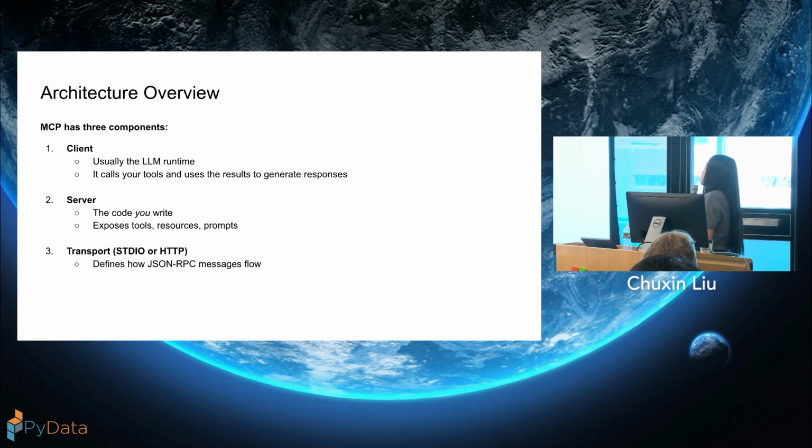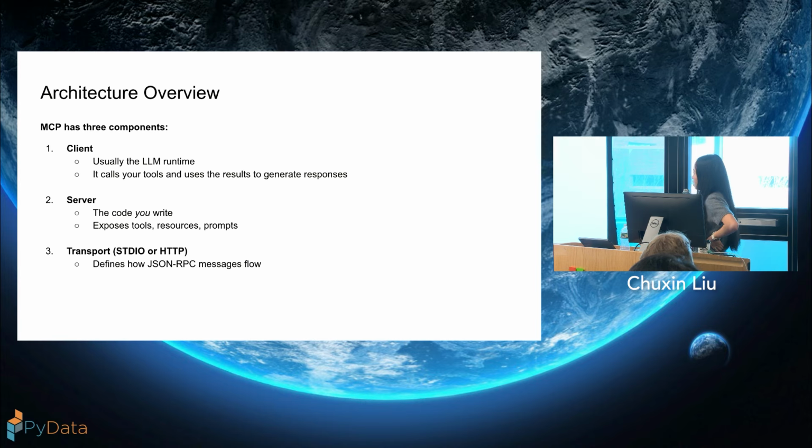The architecture overview of MCP is very straightforward. You have 3 components. There is the client side, which is usually the LLM runtime, or your AI application, or your LLM side. It calls your tools, or emits the token saying it needs to call a certain tool, and uses the results to generate a response. Then you have the server side, which is the focus of the tutorial today.